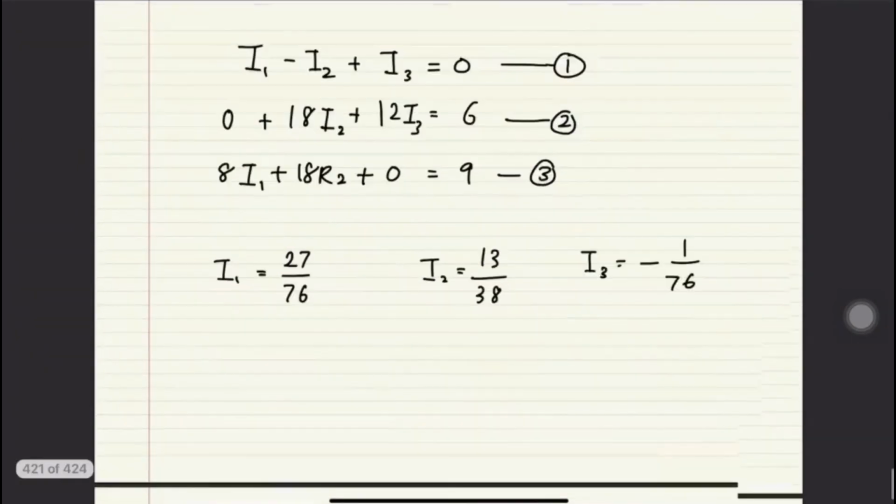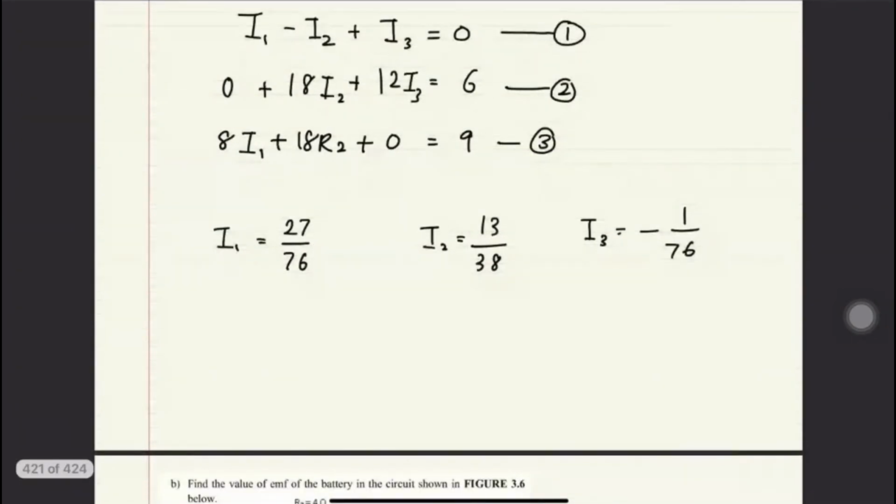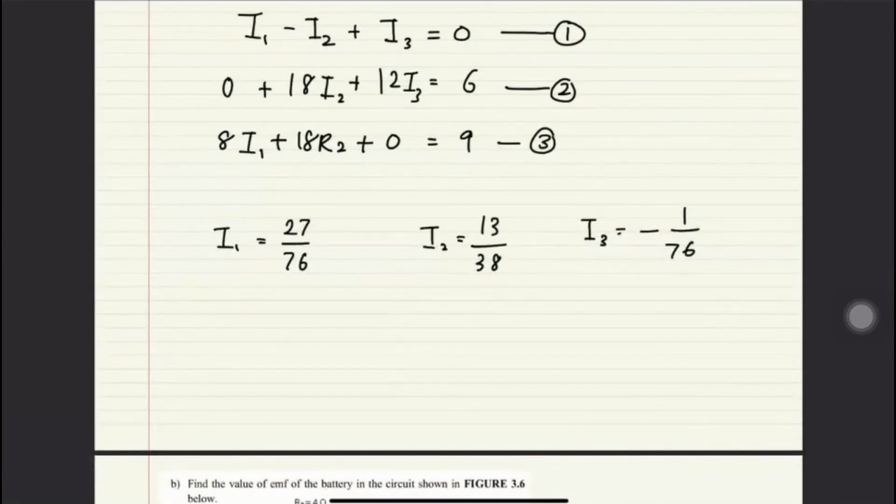Okay, dapat sama ke tidak? Dapat sama. Sama. And normally you would like to write this one in terms of decimal point lah. I got 0.355, 0.342 ampere, 0.013